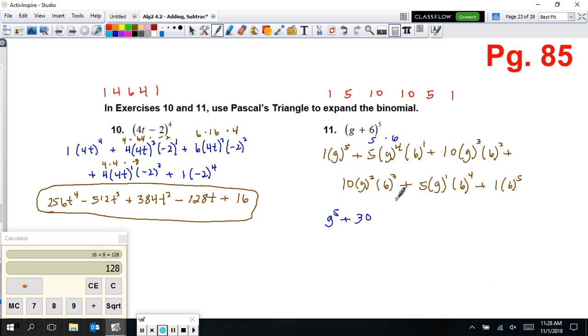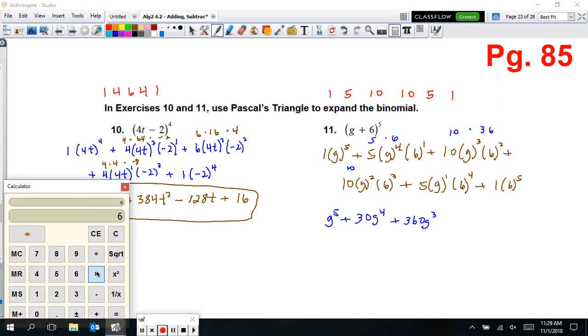So it's going to be positive 30. And it's G to the 4th. And for this one, it's going to be a 10 from the Pascal. 6 squared is 36. So that's going to be 10 times 36 is 360, so plus 360, and it's going to be now G to the 3rd. Down here I got another 10. 6 to the 3rd power, I might want to try that one over here. Just 6 times 3 sixes. That gives me 216. So that's going to be 216 times 10 right there, which is going to be plus